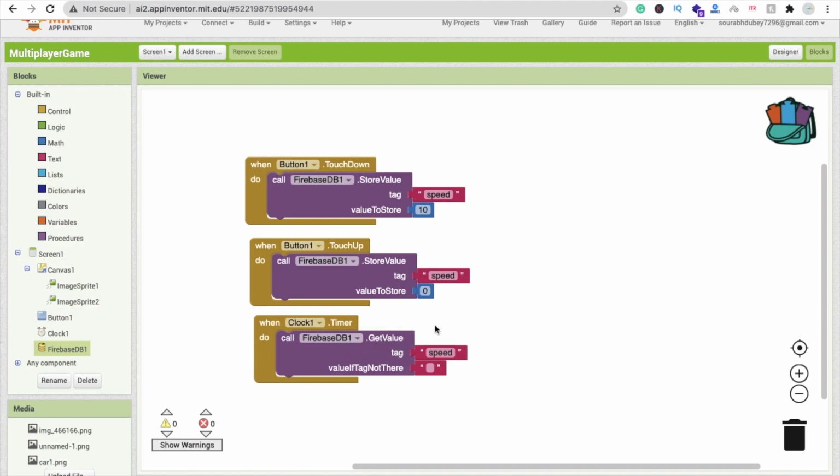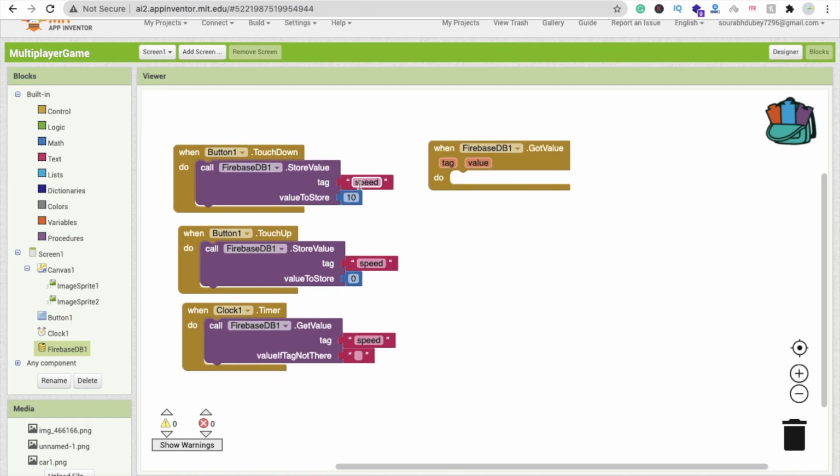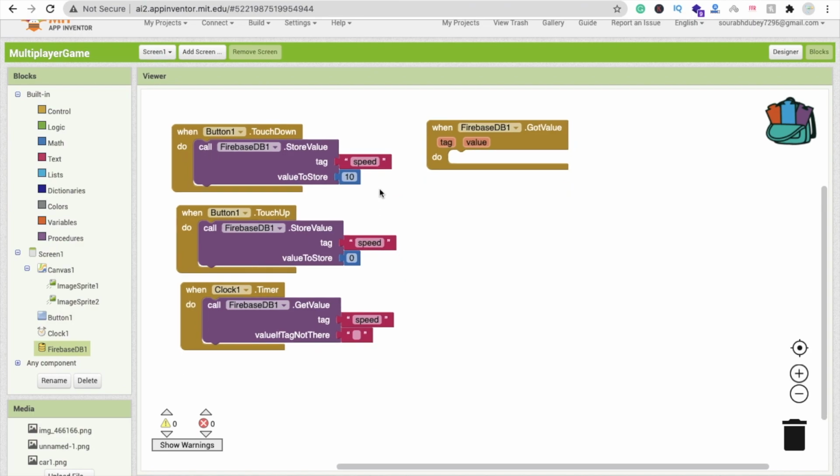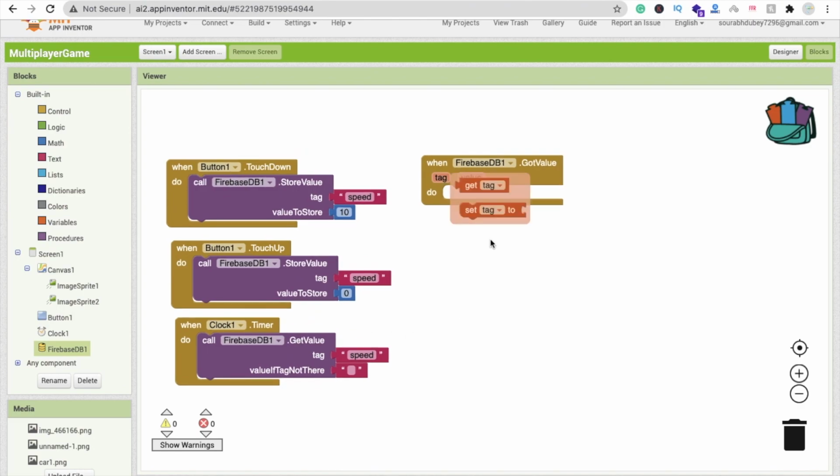We got the value here. Okay, whenever we fetch the value, so click on Firebase TV and you will see got value. So we touch down, this will store the speed value and the value tag, speed tag value this 10, and then timer will fetch the speed value, right? So the value is right now 10.